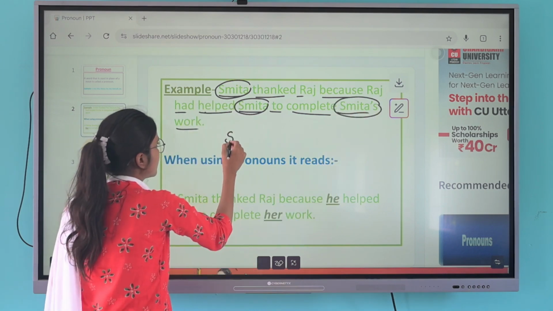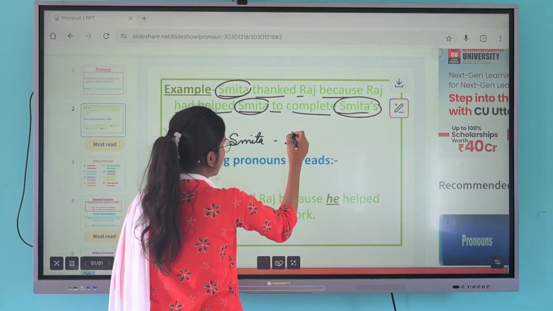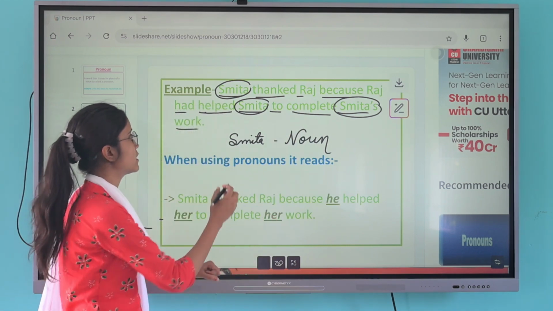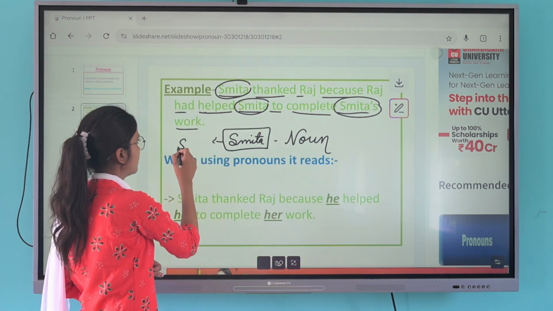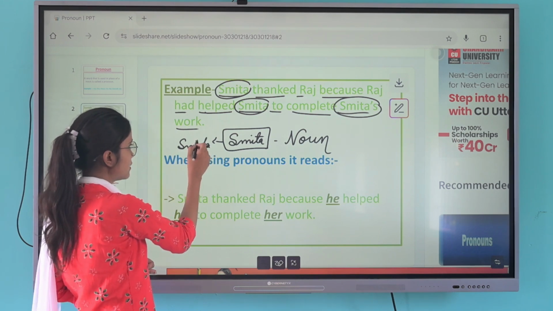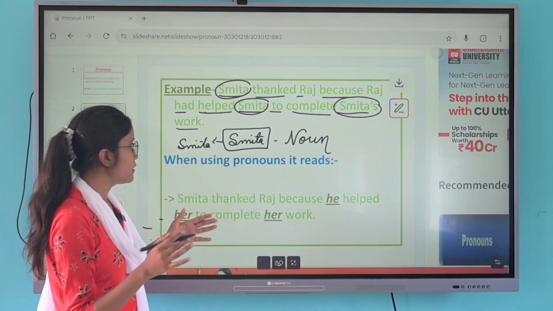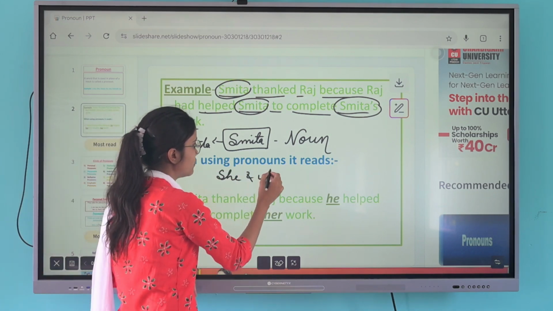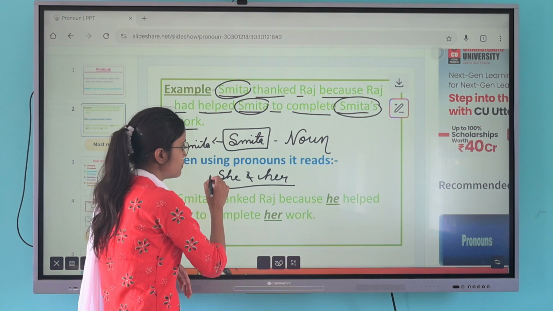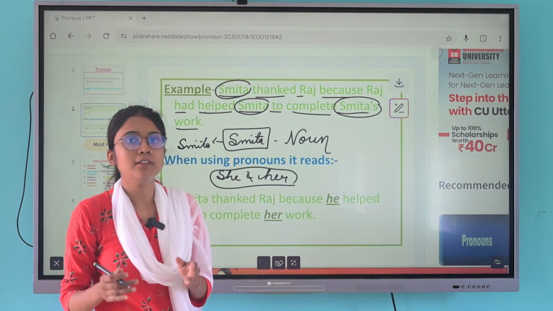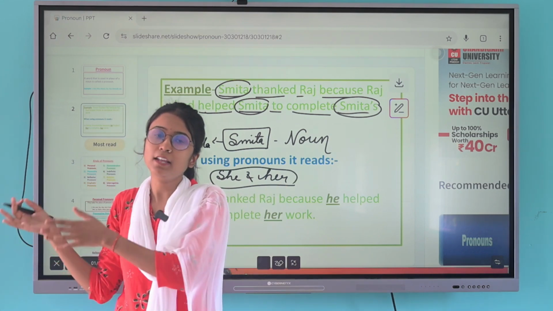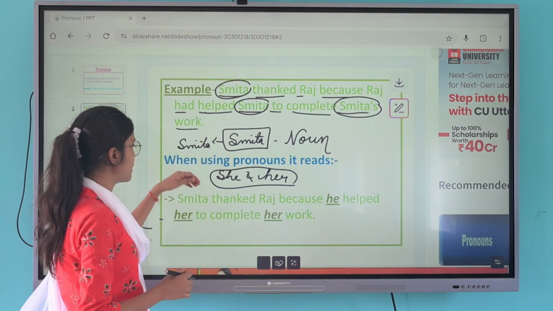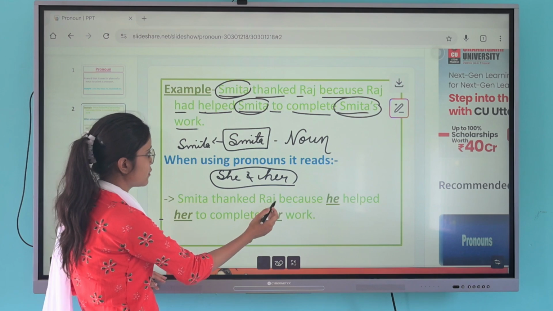So Smita is a noun. How do we replace this word Smita? Smita is a girl, so we replace it with she and also with her, because we use she and her with any female and any girl member. So when using pronoun, it reads like Smita thanked Raj